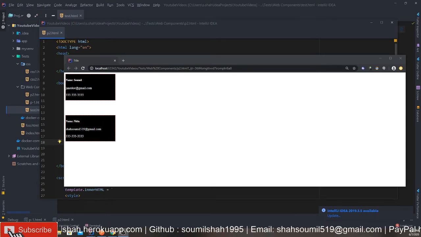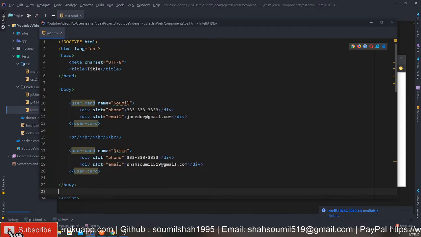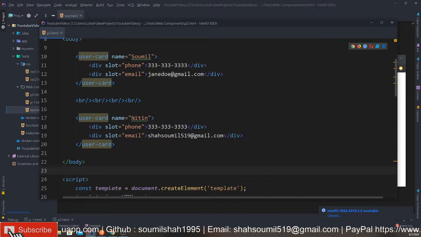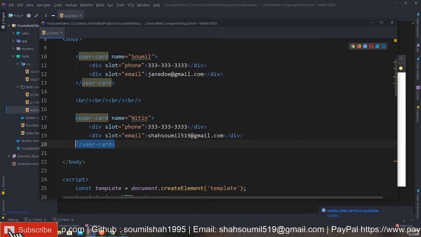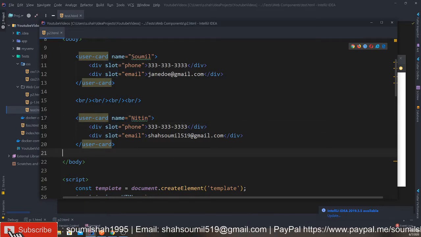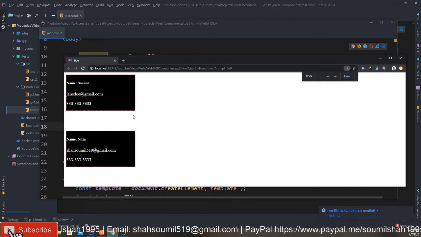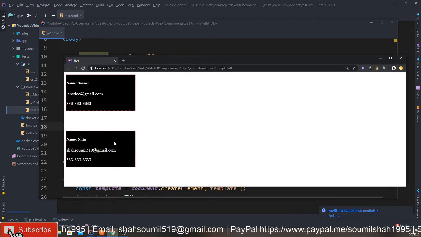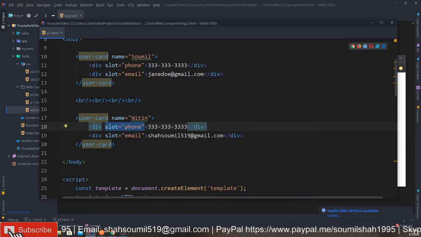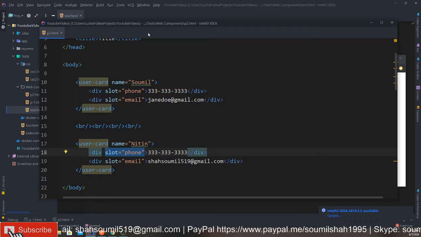In this video, I will be introducing you to web components. We'll learn how to create our own custom web components. For example, here you can see a user card. You can pass attributes like name, and that gets rendered in the HTML, or you can also pass values using slots. So this is how it's going to show up. I'm going to show you a very simple web component. So let's get started straight into action without wasting much time.